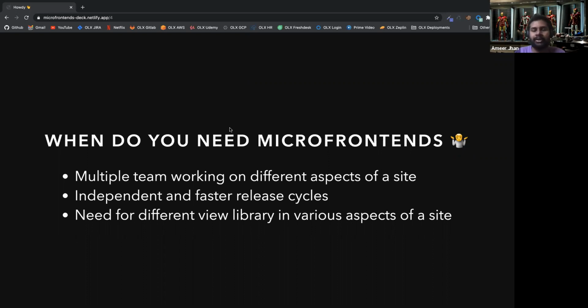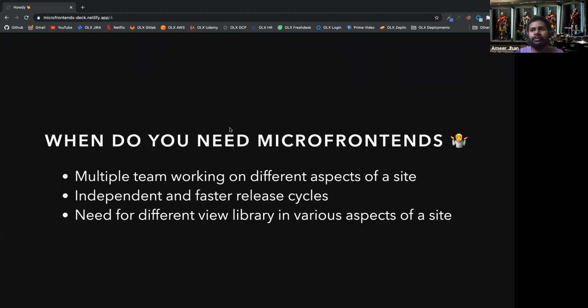Then you can just tell them, okay, you start building the profile page. You can use React. And there is another page, but some of your team members are not well versed in React. They want to work on Vue.js, or they want to work on Svelte, or whatever they are comfortable with. At that point in time, you can just tell them, okay, then you take this piece of the front end, you implement it in Vue.js, then we would find a way by which you can glue all of them together and make it into a single front end. But all these cases are to be well thought through.